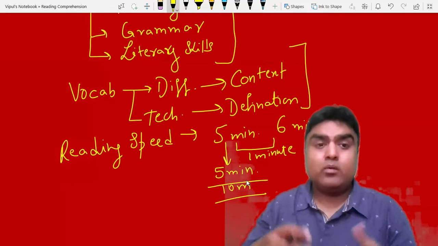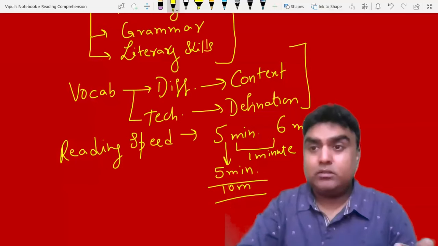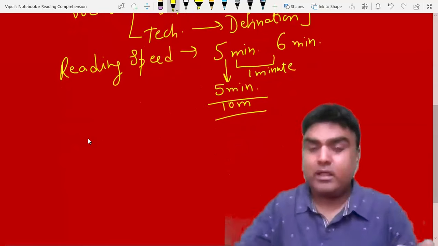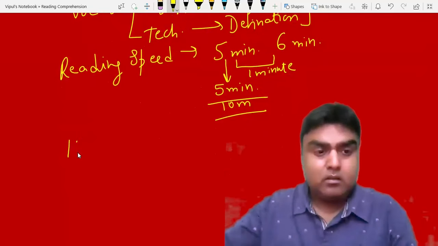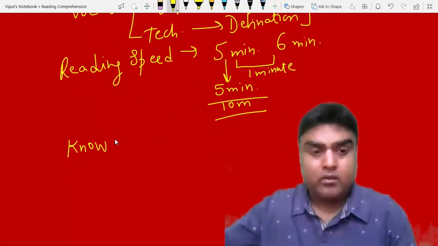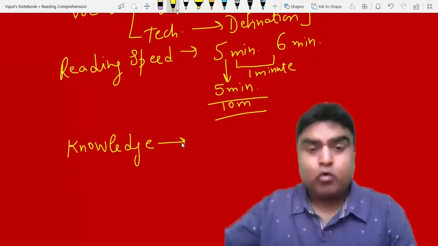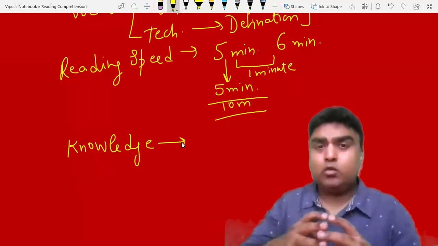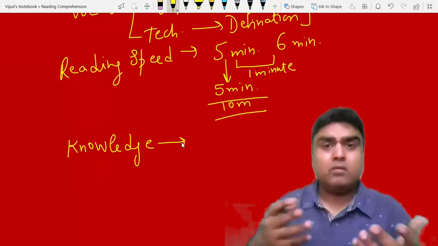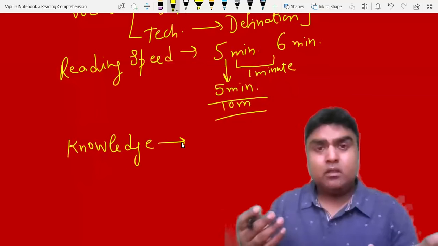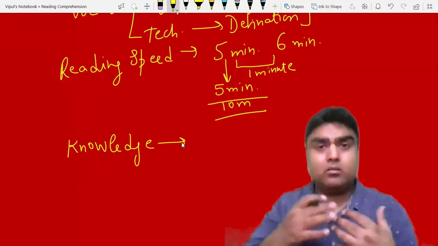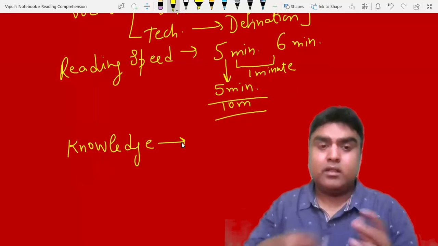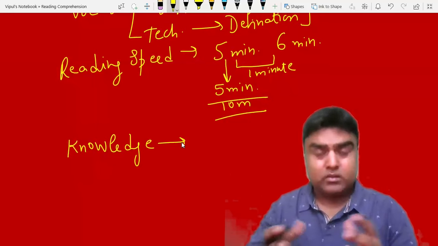Okay. Now we will talk about the third aspect, and that is the knowledge. Now reading comprehension gives me knowledge, and obviously that would help me in doing any reading comprehension. But what kind of knowledge is needed in an IQ test? Now you must have heard, I think, from many teachers that you keep on reading different topics, different subjects and everything, and the reading is important because it will give you the knowledge.